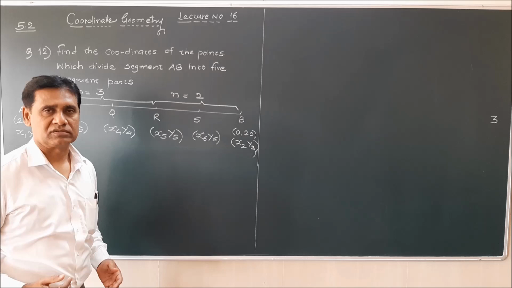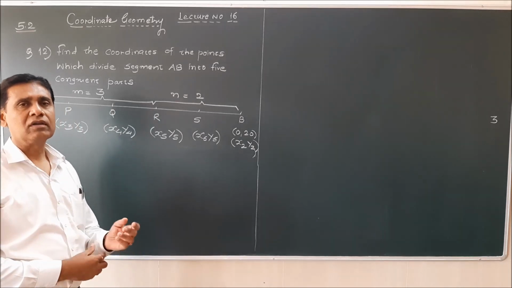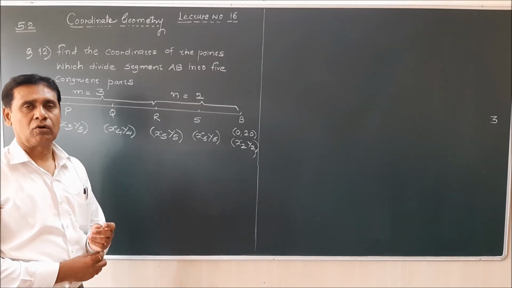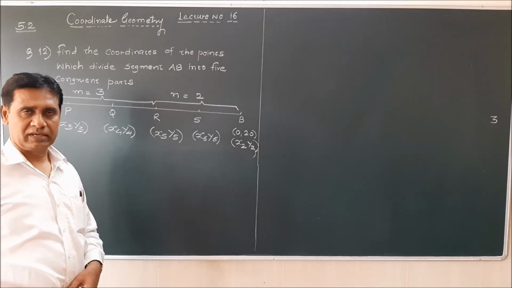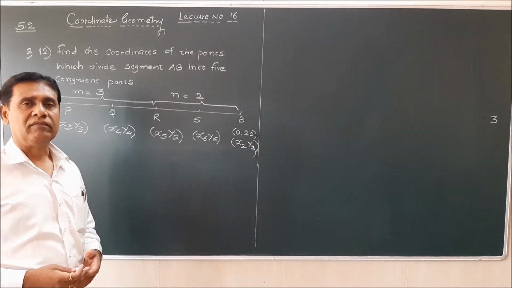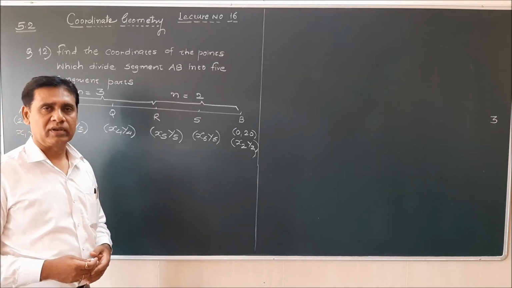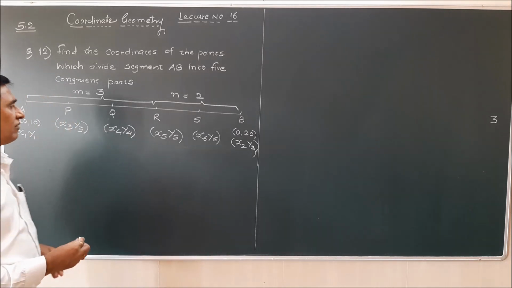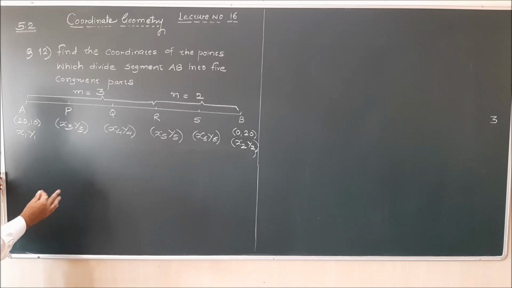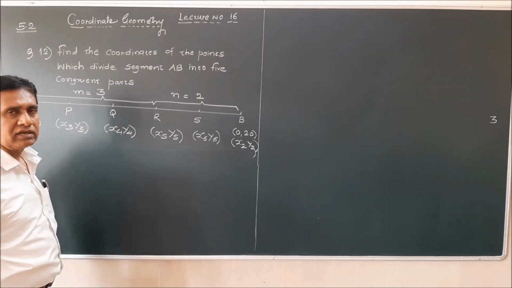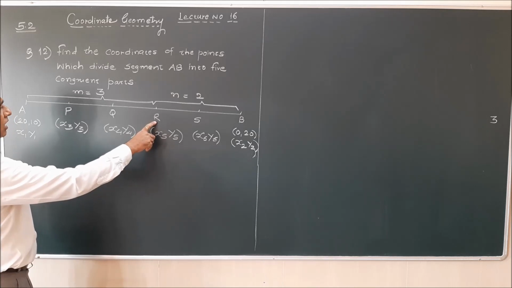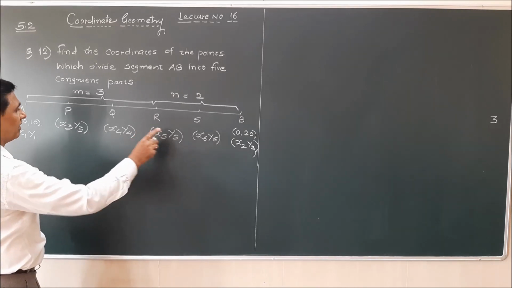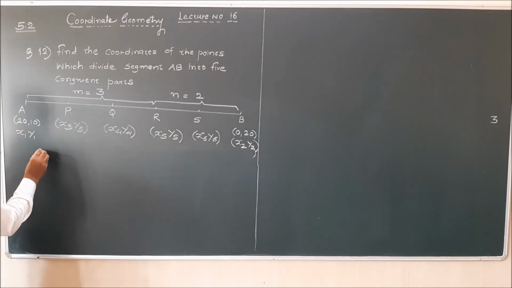That is very important. So first of all, we have to find the coordinates of any two points by using the section formula, and later on we can use the midpoint formula. So let's see here. First, I am going to find the coordinates of R. Now you will find the coordinates of R are x5, y5. So point R